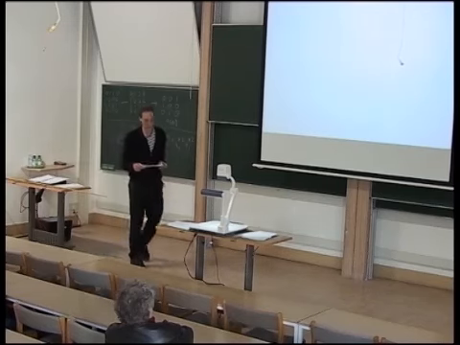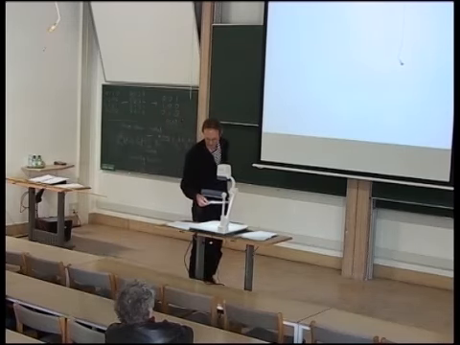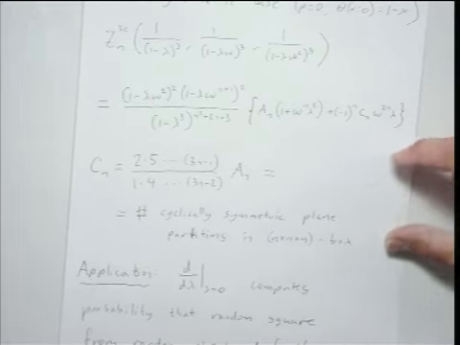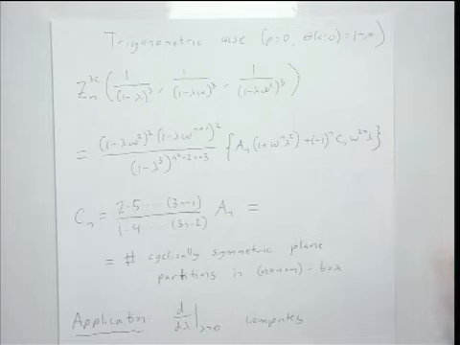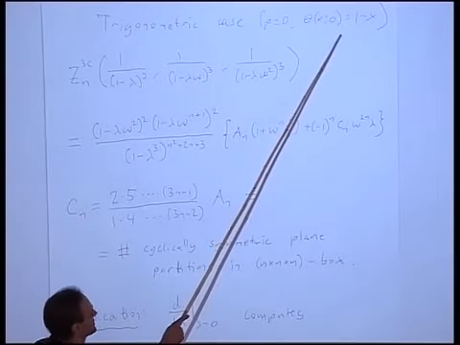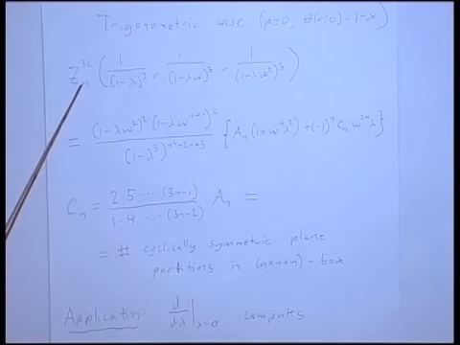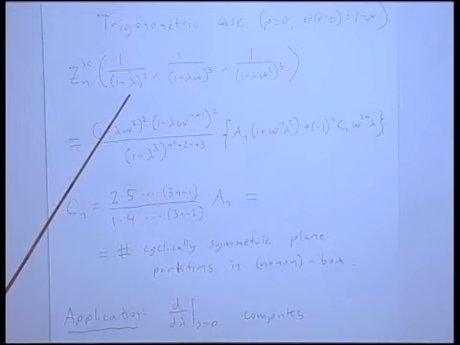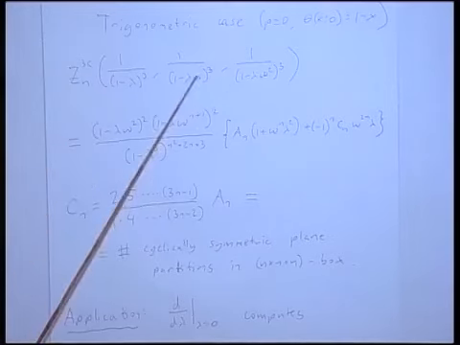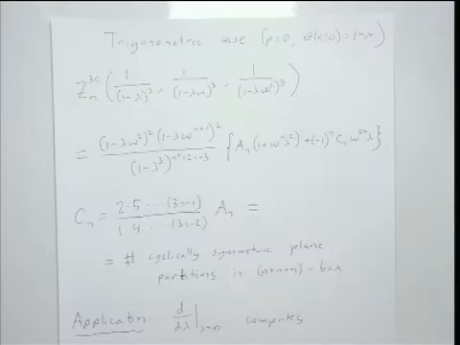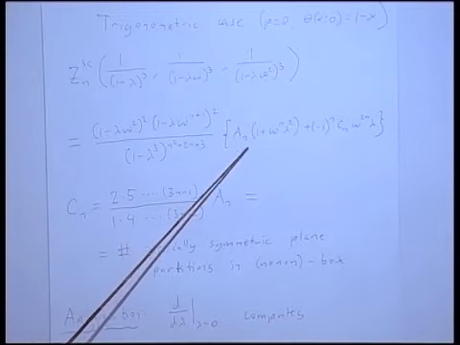So maybe I can write down, since this looked quite strange, the trigonometric case for you because it's easier to understand. So if you take P equal to 0 in all these formulas, then the theta function will just be 1 minus x. So what this says is that you take this 3-color generating function and plug in these special values of the parameters. Then you again have a huge factor comes out in front, and what remains is a small factor.